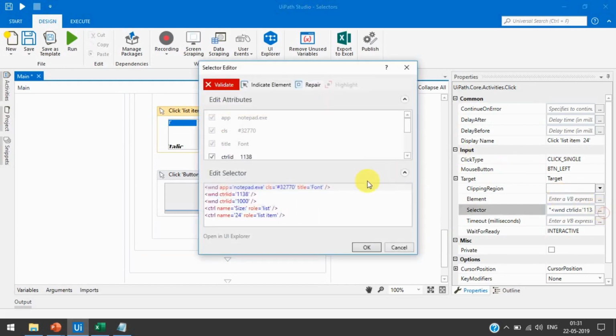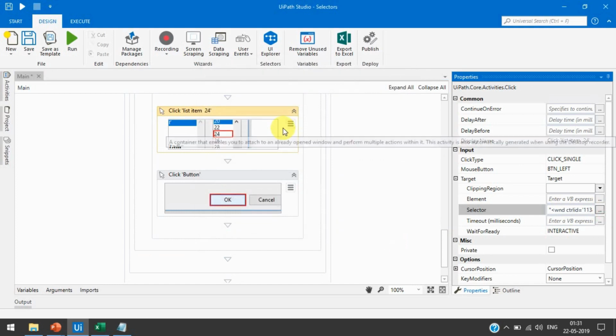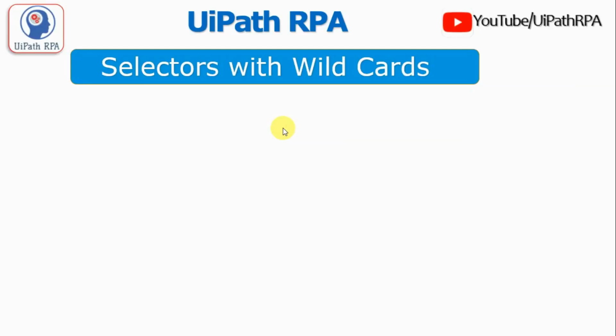Here you can see this is showing, but this is not editable, so this is called a partial selector, right? This will work the same as the full selector. There will be no issue with the partial or full selector. Now we learn about selectors with wildcards.